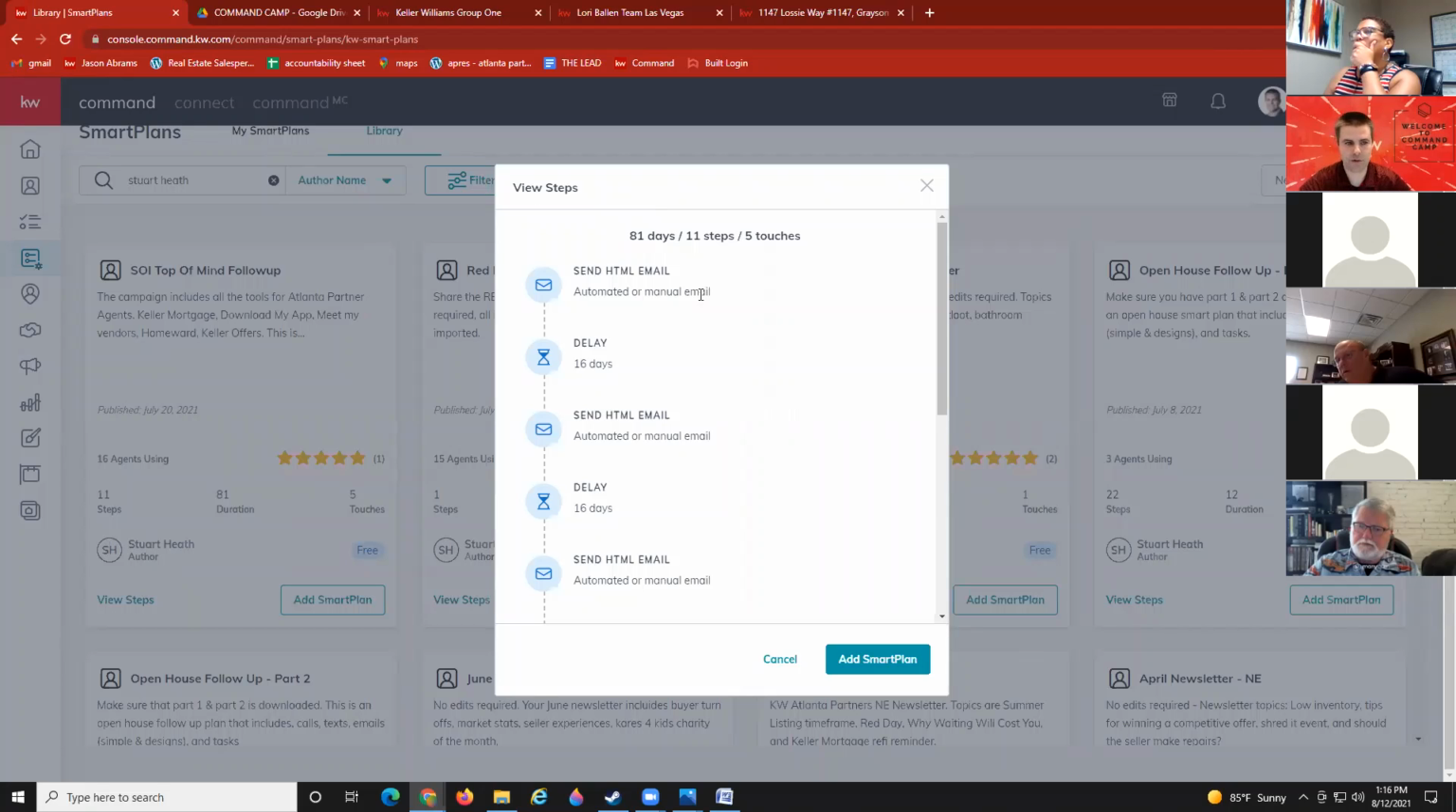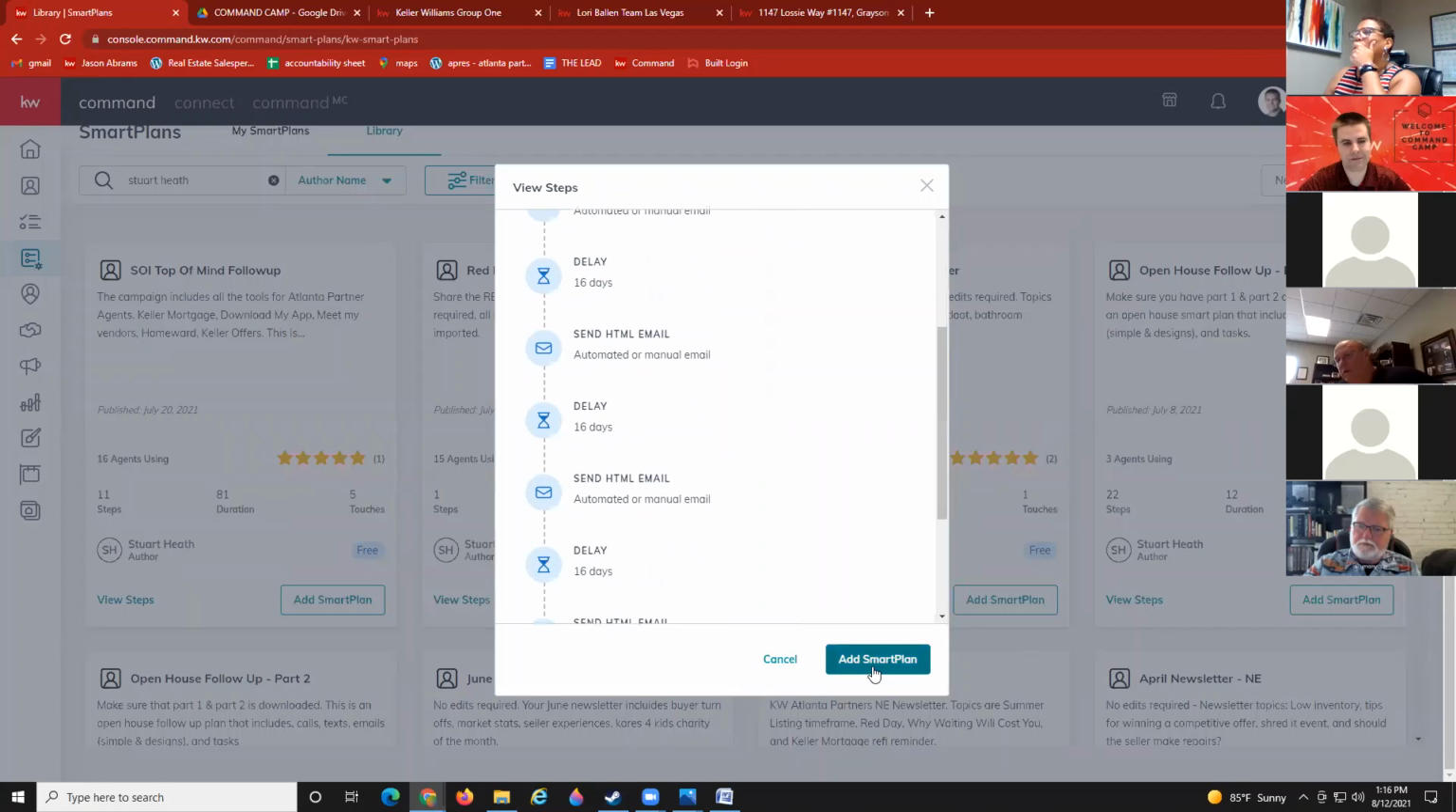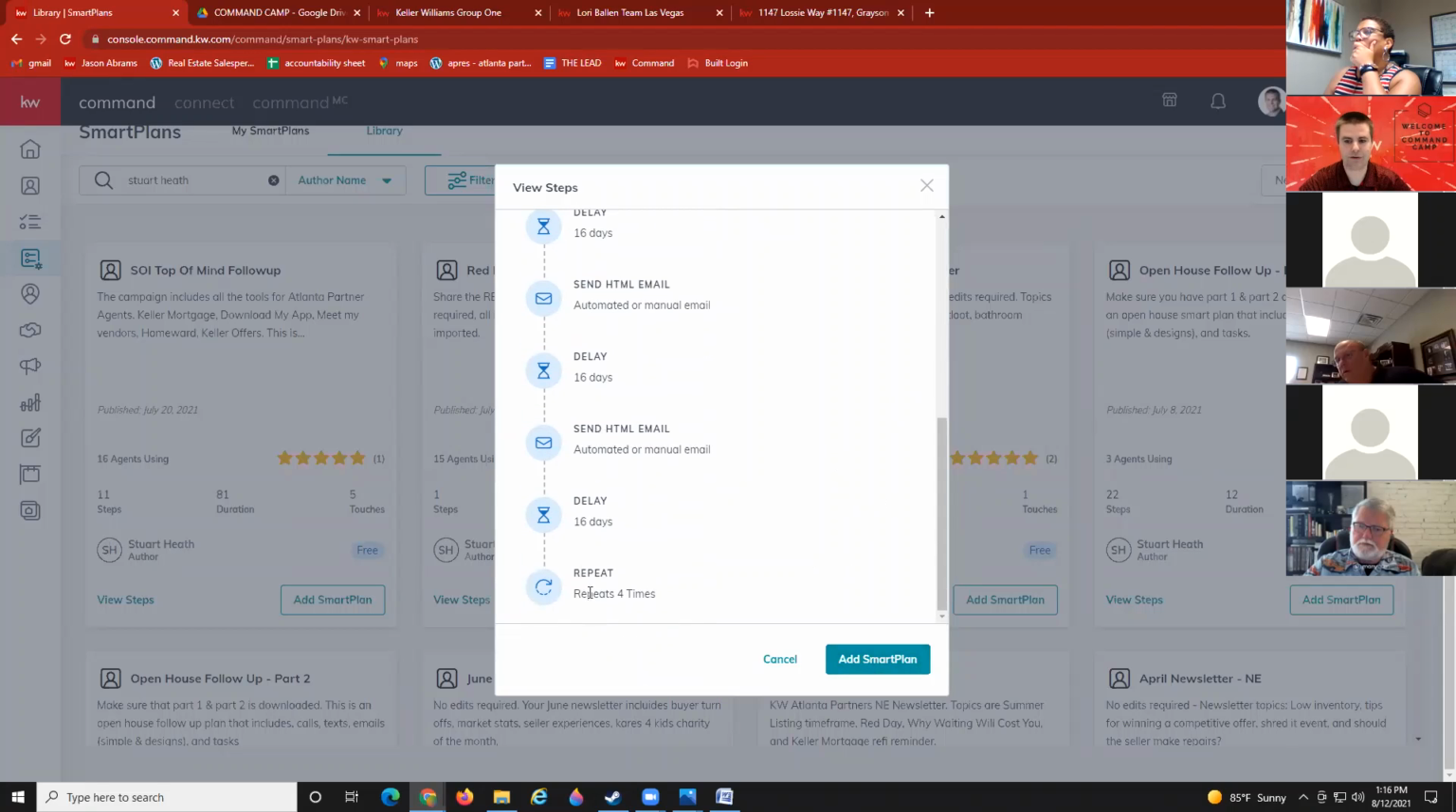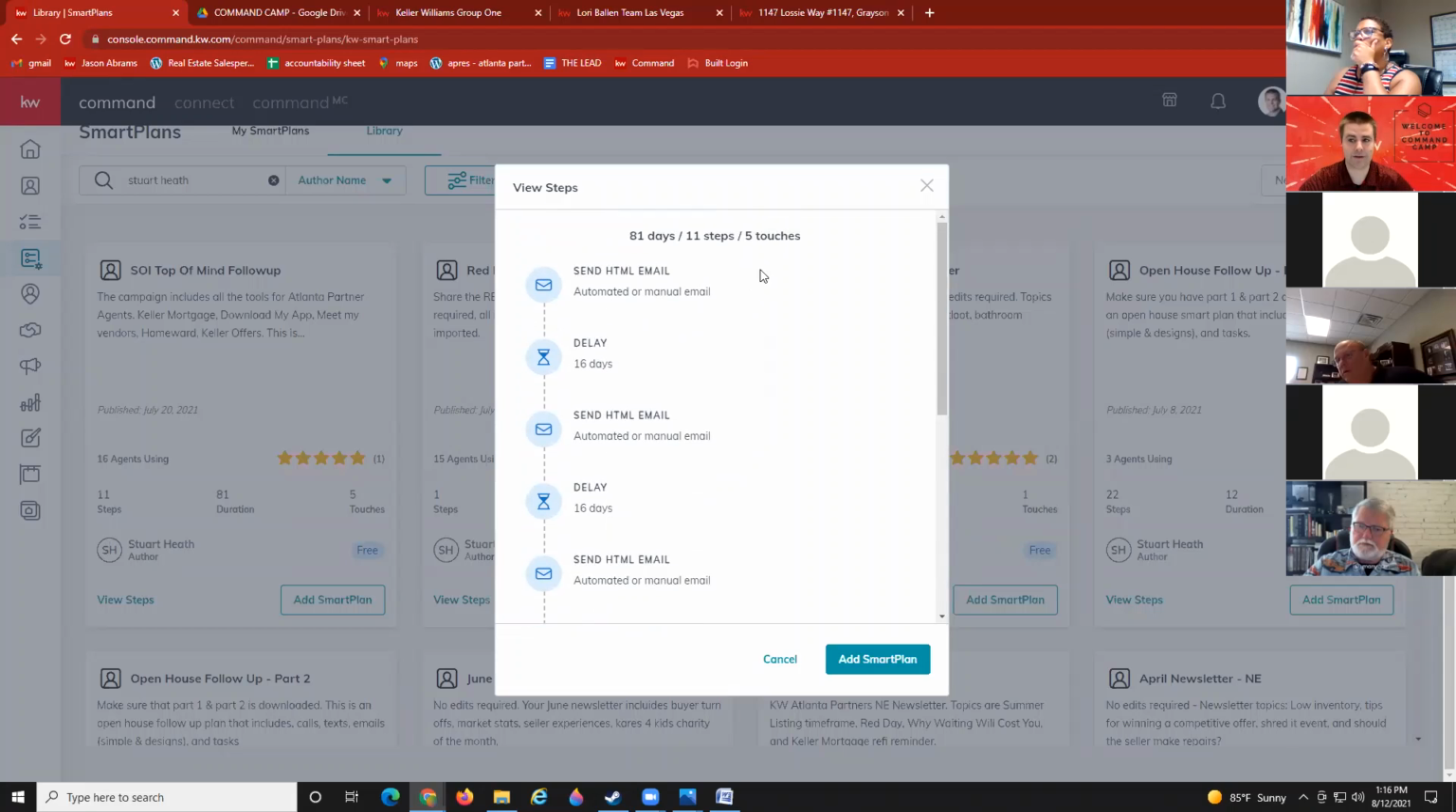If that is too much for you, you will add this smart plan to your library. You'll click that little edit pencil and go delete the repeat. And then when you add someone to this smart plan, it will send those 5 emails over 81 days, and then it will just end. And it will keep sending to the other people that are on that